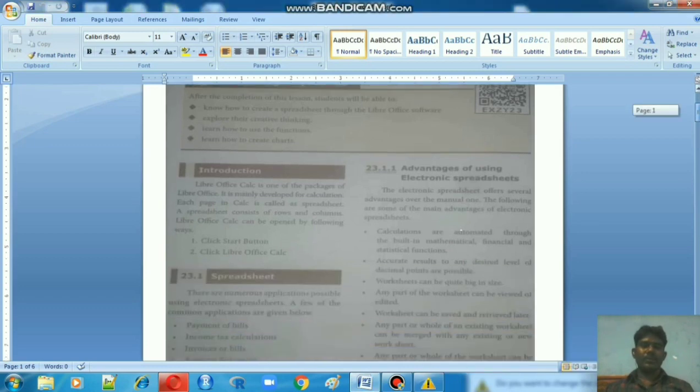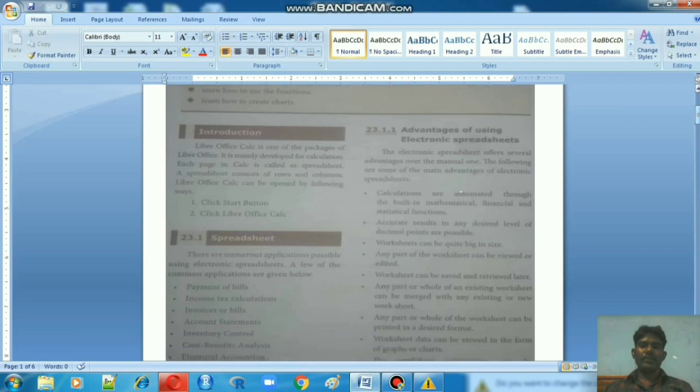Before the introduction part, LibreOffice Calc is nothing but like MS Office, Microsoft Office Calc. Microsoft spreadsheet is the other software like LibreOffice Calc. LibreOffice is like MS Office software only, nothing more different.